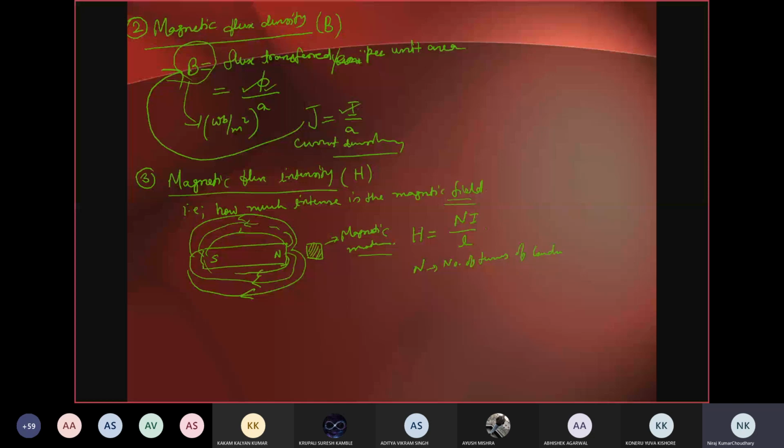I is your supply current, and L is your length of the conductor, right, in meter. तो ये हो गया magnetic field intensity. So if we write the unit of this magnetic field intensity, then this will be simply